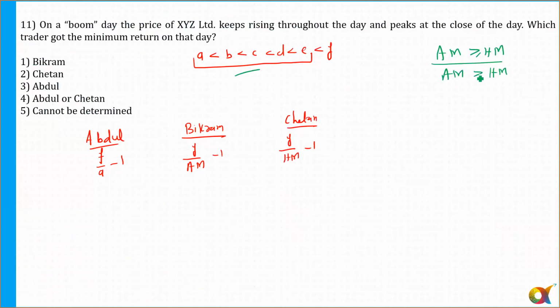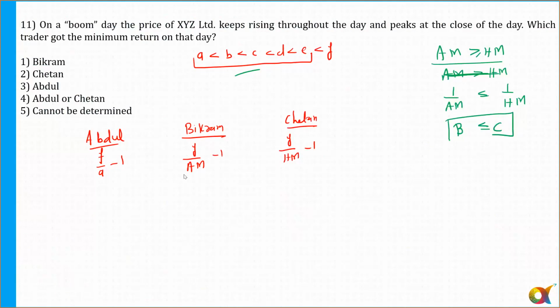Or even if I take the equality sign, let me write it first. So what if I take a reciprocal? I can say 1 upon arithmetic mean is going to be less than or equal to 1 upon harmonic mean. Okay. So now F by A. So can I say B is definitely less than or equal to C? Please tell me, all of you, is that part clear?